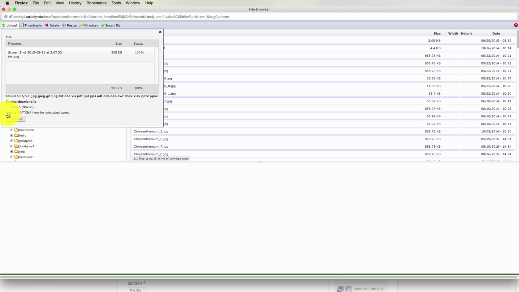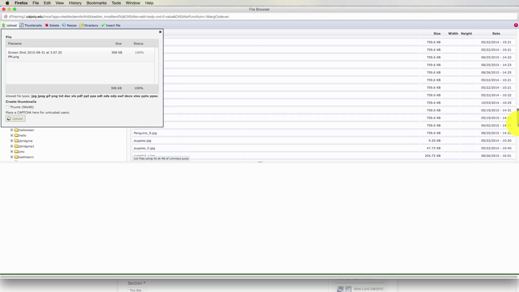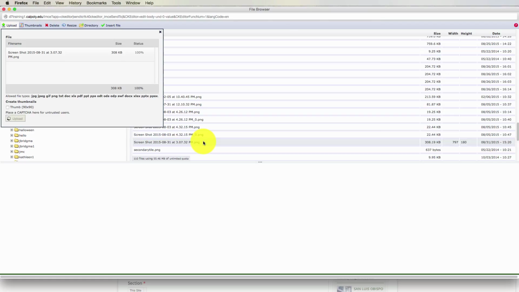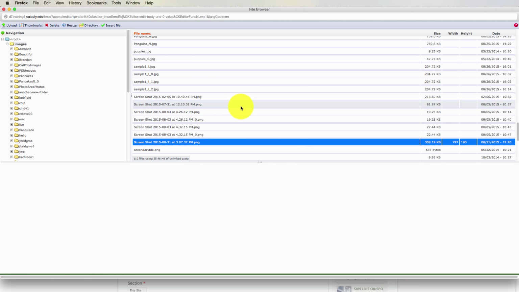At the moment, we have a bug where this Upload button keeps spinning even after the file has already been uploaded. So I'm going to confirm that this has been added already by scrolling down and looking for the image I just added. It should be highlighted in blue. And there it is. Since I've been able to confirm that this was uploaded correctly and this spinning is just because of the bug, I'm going to go ahead and close this.